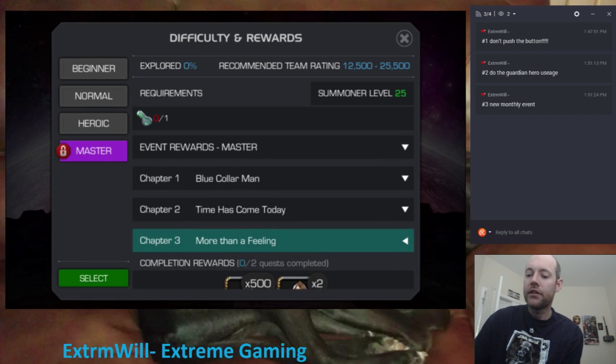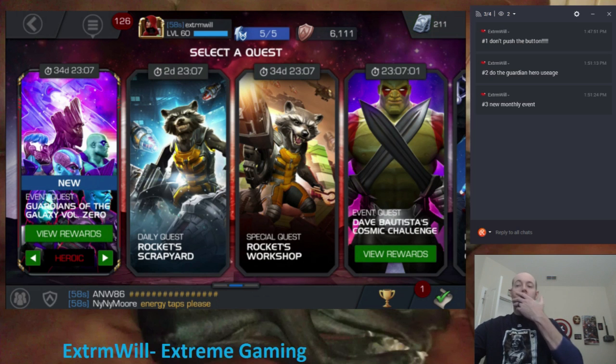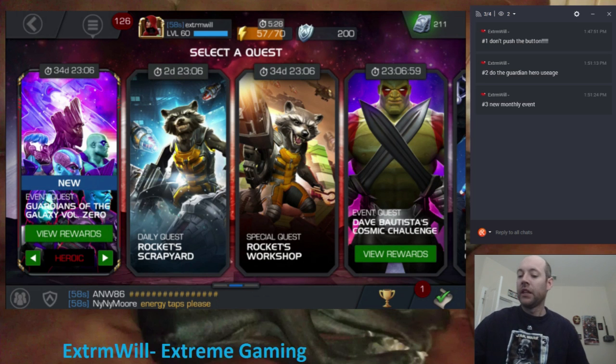So the rewards on it aren't too bad. So I may have to do all of it. I haven't gone into the shipyard yet, so we'll type in number 5 first, and we'll look at number 5, and then we'll come back and I'll actually do number 4. So number 5 is going to be